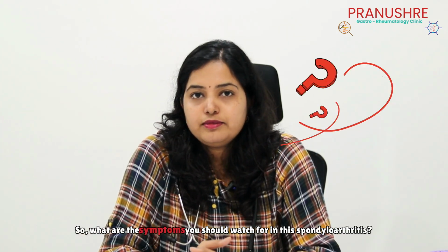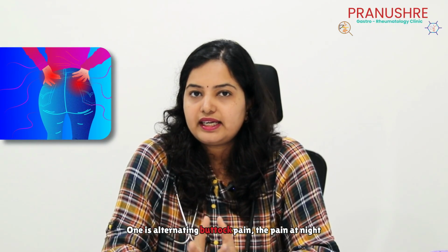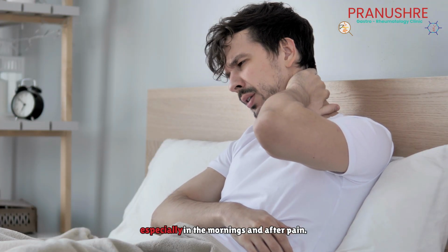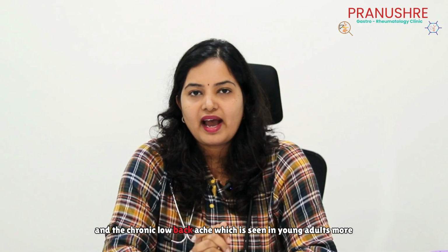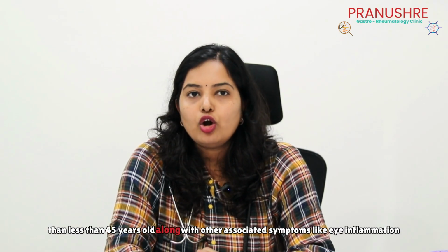So what are the symptoms you should watch for in spondyloarthritis? One is alternating buttock pain, and pain at night which wakes you up. There is very severe morning stiffness, especially in the mornings and after periods of rest, which lasts more than 30 minutes and eases with activity. There is also chronic low back ache, which is seen in young adults less than 45 years old, along with other